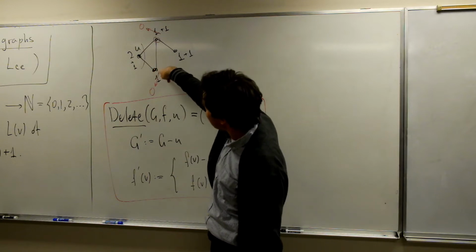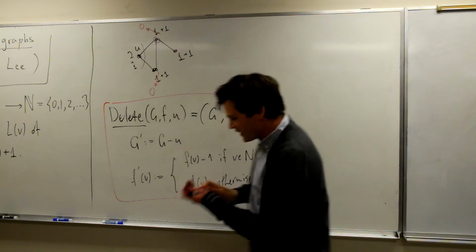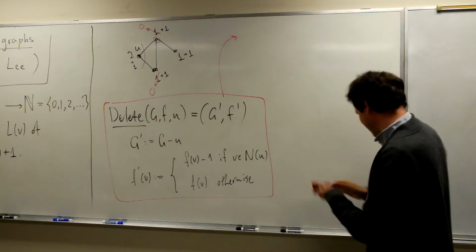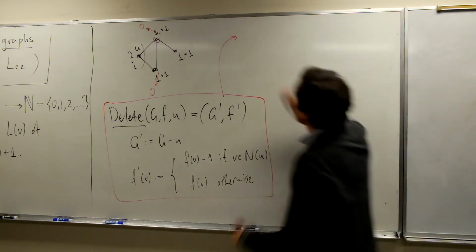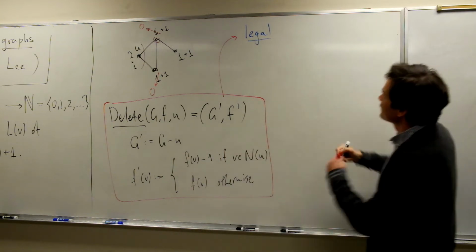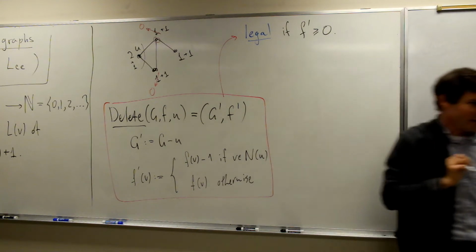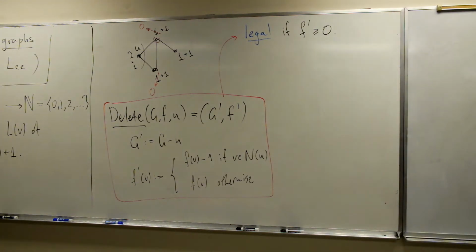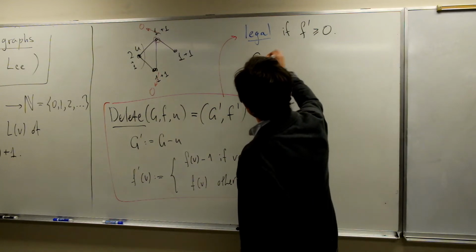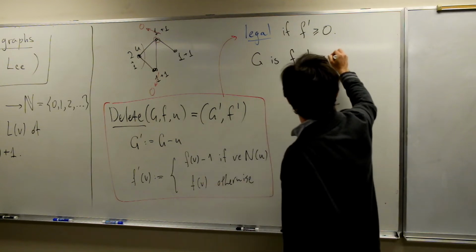And in terms of the function f, this means that the value of the function that was 0 to begin with now becomes -1. So I'm going to say that an application of this operation is legal if this new function f' stays non-negative, which just means that every vertex still has at least one color available. And I'm going to say that G is f-degenerate